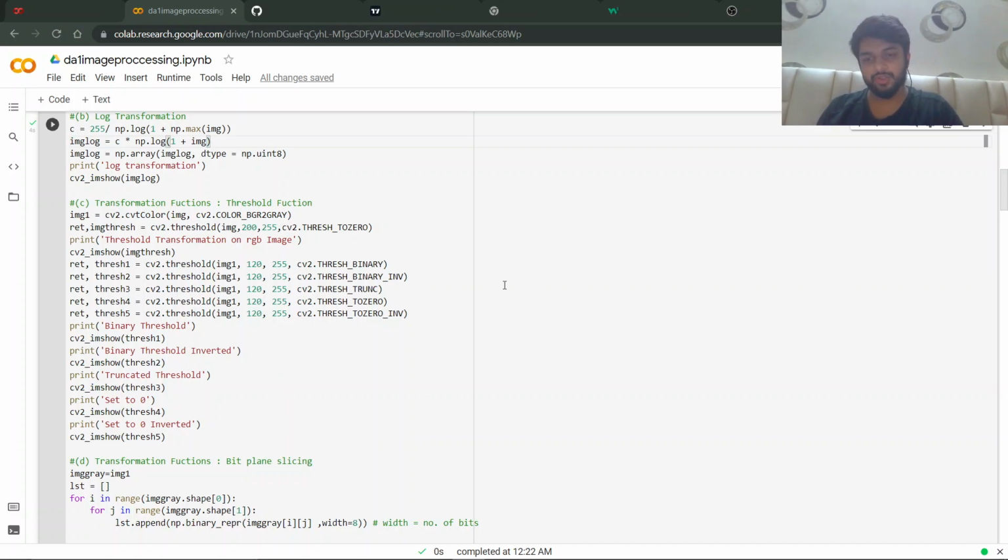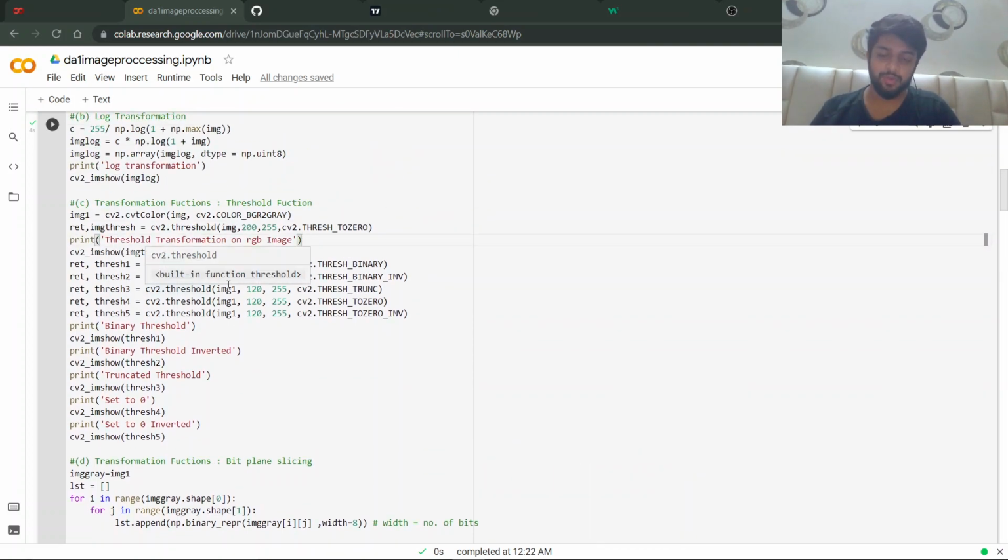So we can choose the threshold point, and after that point, if the pixel value is greater than that, it converts it into a specific value, and if it is lower, it converts it into another specific value. So we have like 3 to 4 to 5 types of threshold transformations. First one is the basic RGB transformation, which is also called threshold to 0, and the rest are performed on binary.